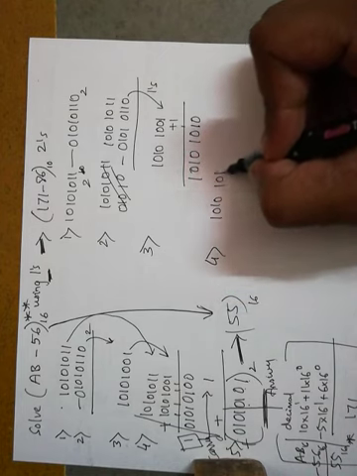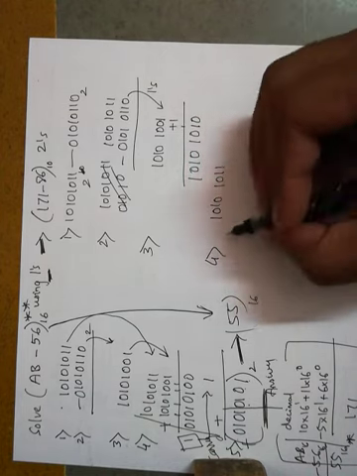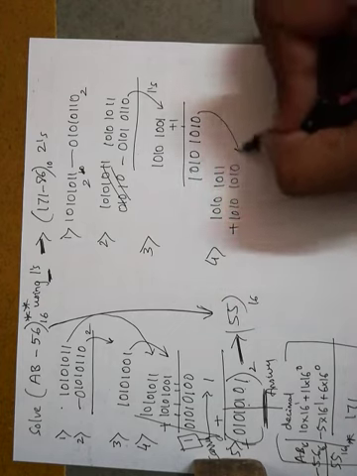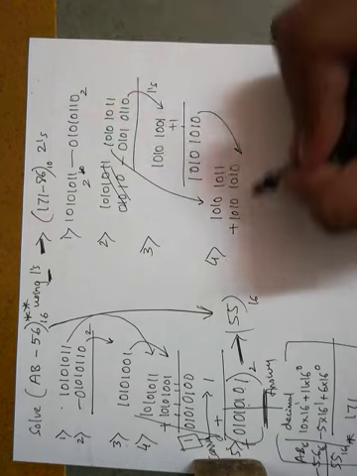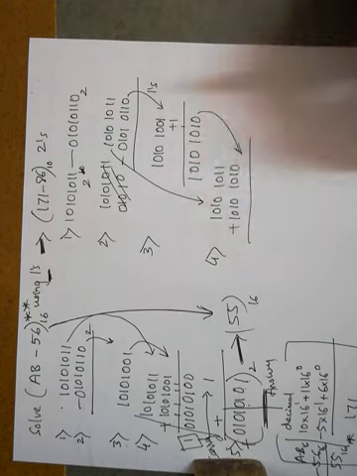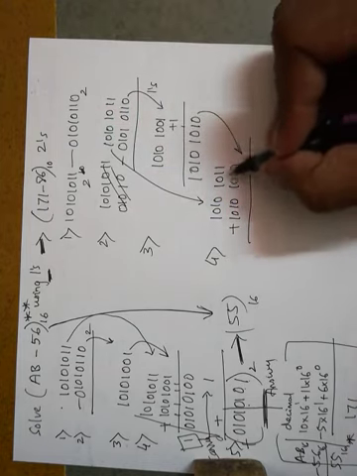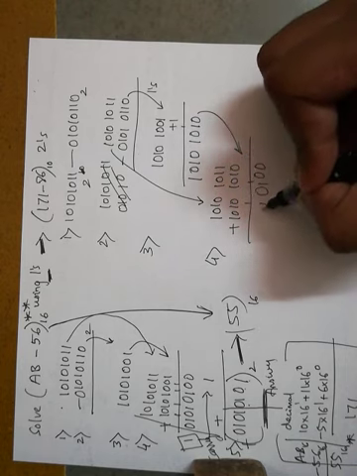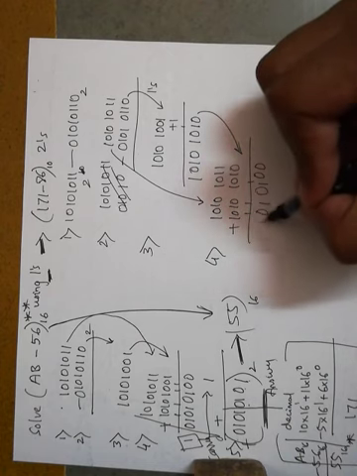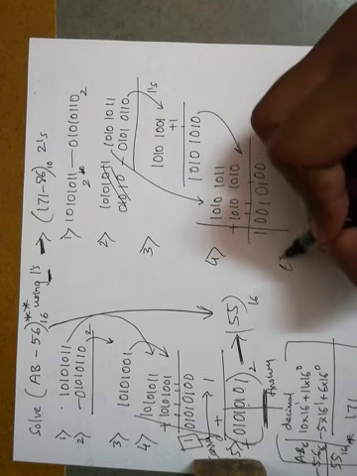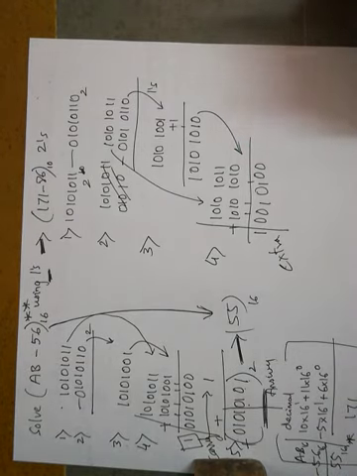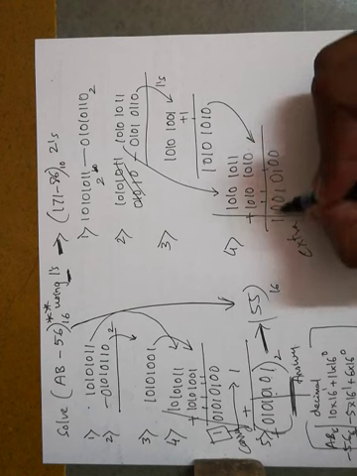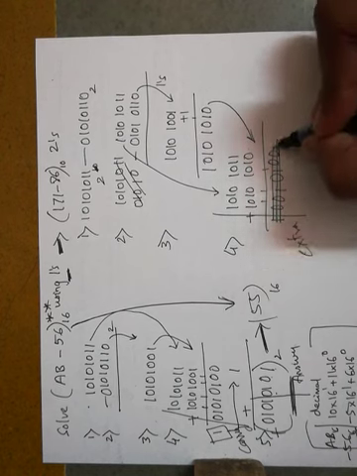Our first number is 1010 1011 plus 1010 1010, this number. We added first number with our 2's complement of this second number. 1 plus 0 is 1, 1 plus 1 is 0, carry 1, and so on. So this is our extra carry. So what we know is, okay, I made a mistake, sorry, my apologies.